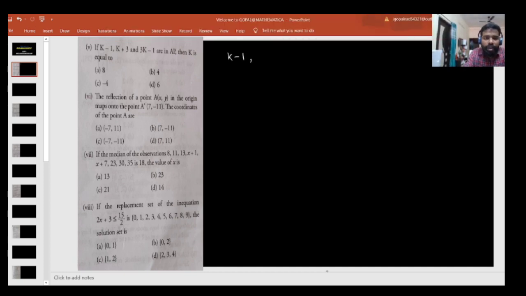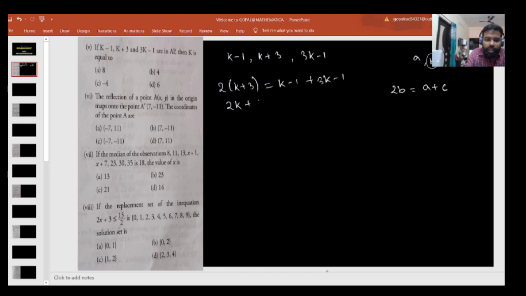The terms are k minus 1, k plus 3 and 3k minus 1. So we know that when three numbers A, B, C are in AP, we say that twice the middle number is equal to the sum of the other two. Okay, so we'll follow this. So twice of k plus 3 is equal to k minus 1 plus 3k minus 1. So we get here 2k plus 6, and this side we get